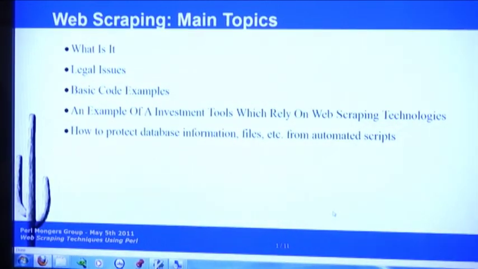I've got some basic code examples, and these are really simple examples that, if you haven't done it before, just cover what you need to know about some simple techniques with Perl code. And if Doug gives me a place to share that code, we'll put it out there with this talk. But mainly what I wanted to talk about was